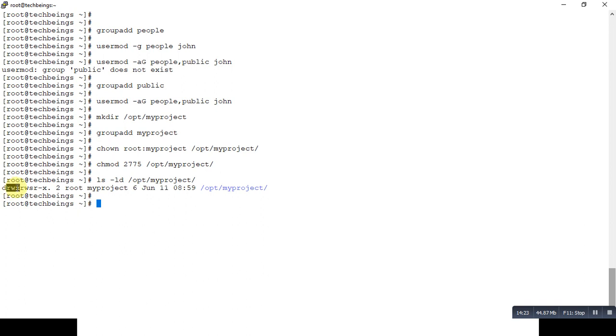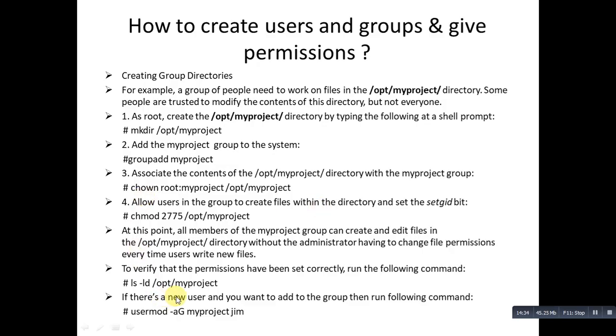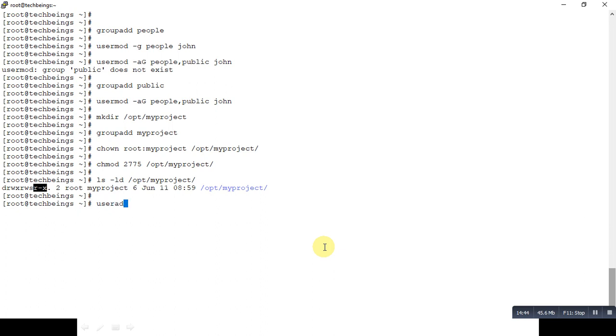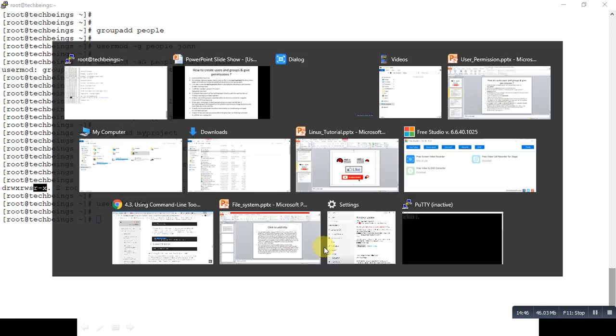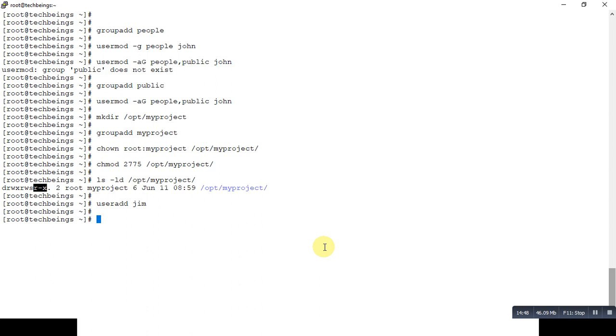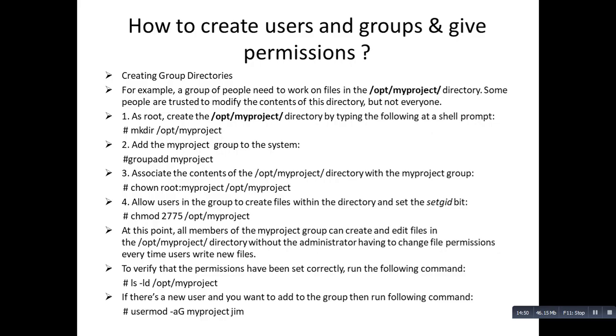And if there's a new user and we want to add to the group, then run the following command. So let's add a new user. I will add a new user, Jim, and if I want that new user added into the group that I have created, what I will write is useradd, -G, the myproject group, and the user, that is Jim.